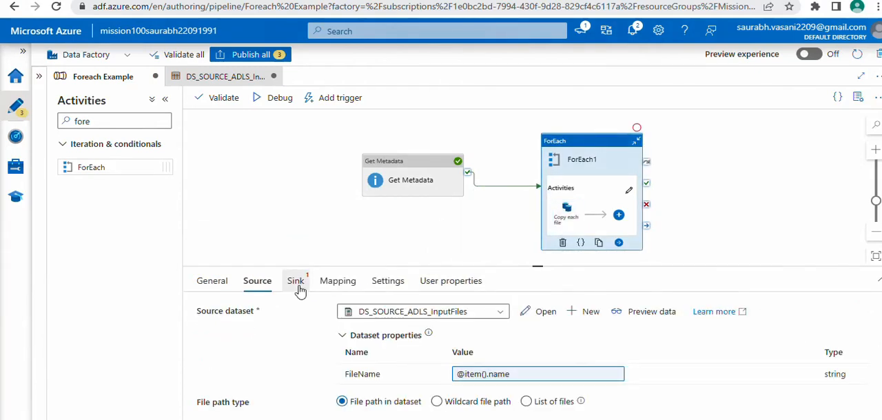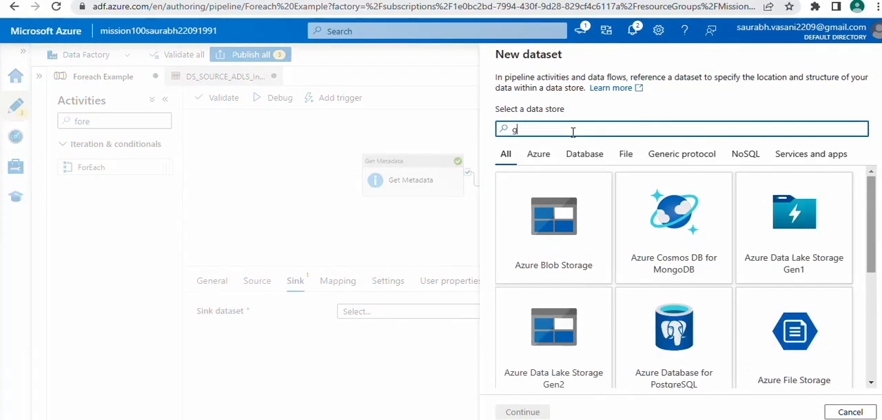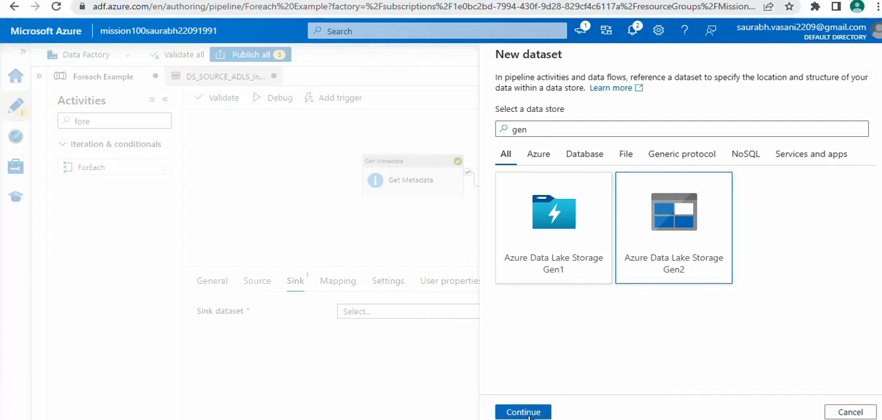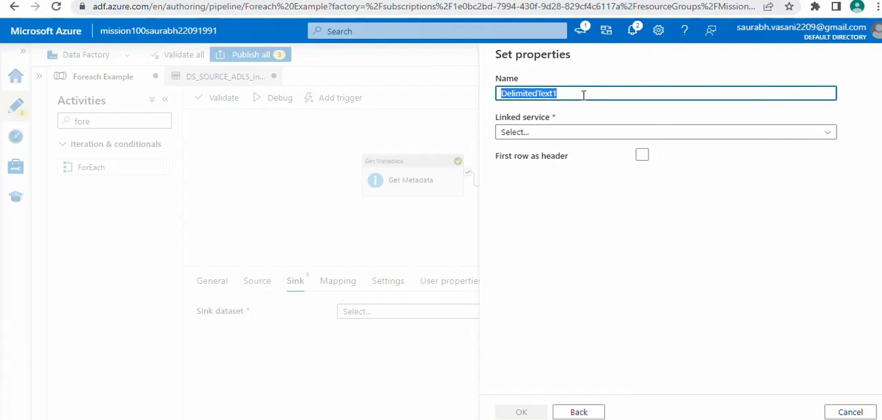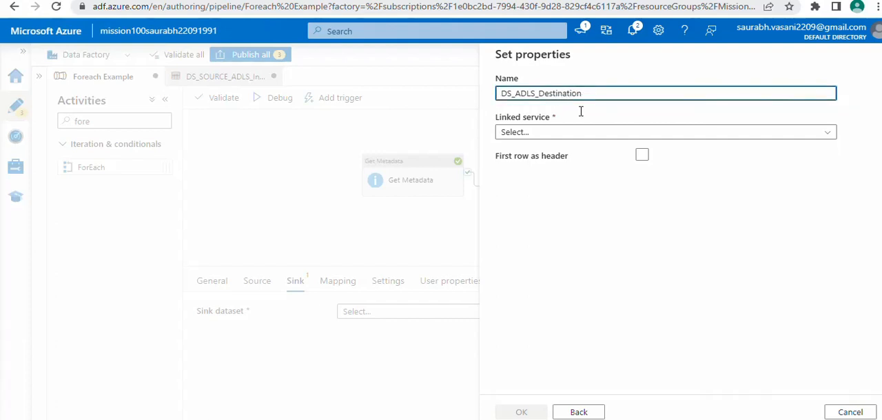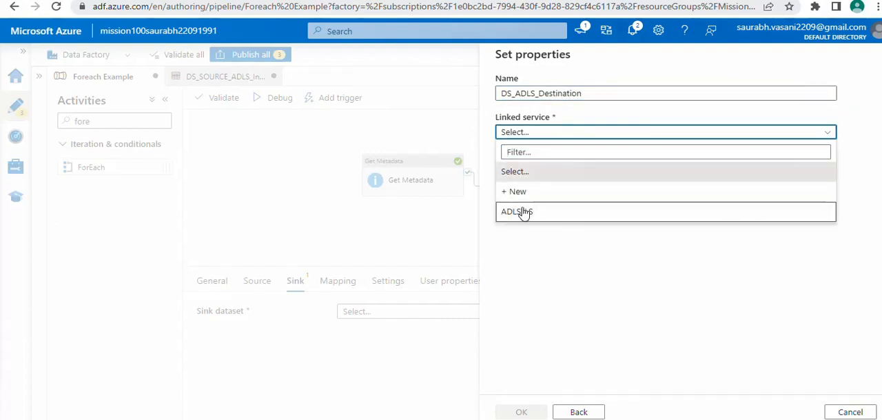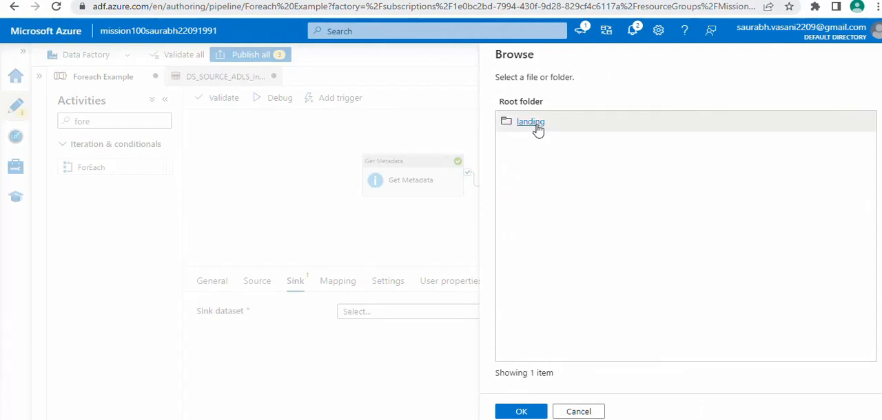Our source is ready. Now go to the sink. Again select the datasets. We don't have any dataset for the destination, so let's create a new one. Click on new. Again search for gen 2. Click on OK, then continue, then delimited text, continue. Now give any meaningful name: dataset underscore ADLS underscore destination. Select the linked service, click on ADLS new. Now select the first option, the header. Now in the file path just select the landing container only